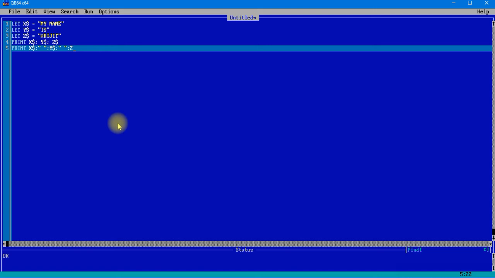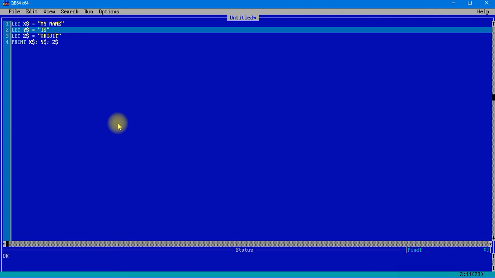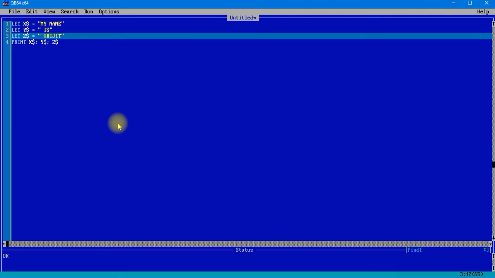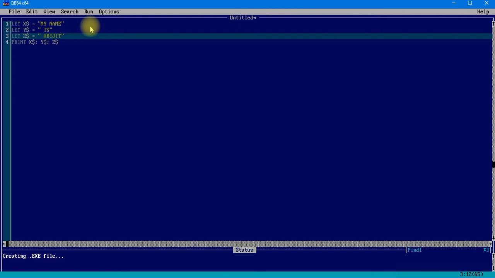I will remove this statement over here, and I will give space in front of these writings. That also can work properly. So if I do this, let us check how it prints. The program is starting, the executable file will be created.